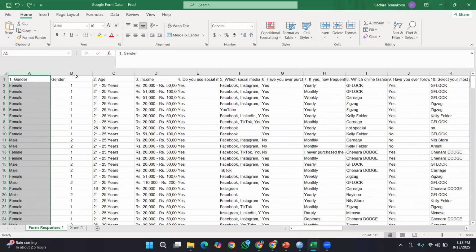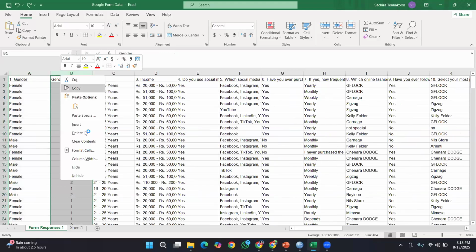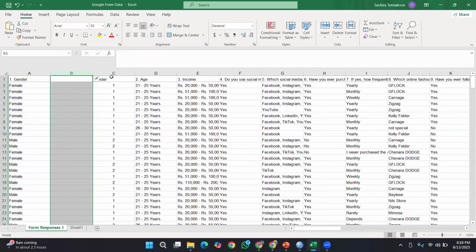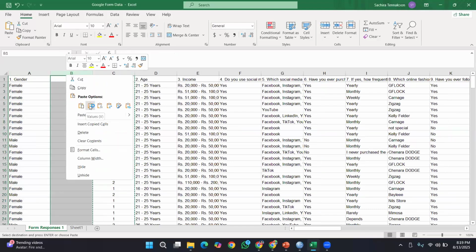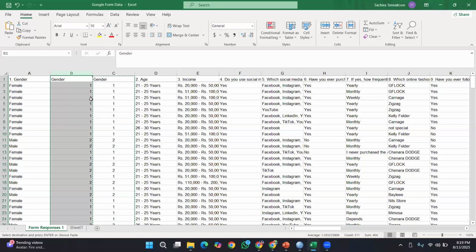I made a mistake because there's a reference. I have to keep it, or else I have to insert another variable and copy this and paste it as value only, right? Because there is a reference to this A2. Now, of course, I can delete both.